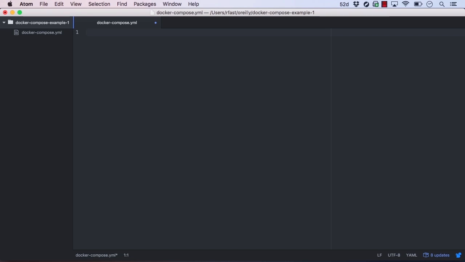Let's create a very basic Docker Compose file that just runs a single container. There are two different specifications of the Docker Compose YAML file. Version 2 was recently released, and we can use it by simply specifying version 2 at the top of our YAML file. Next, we can add a services section to our YAML, which allows us to define a list of